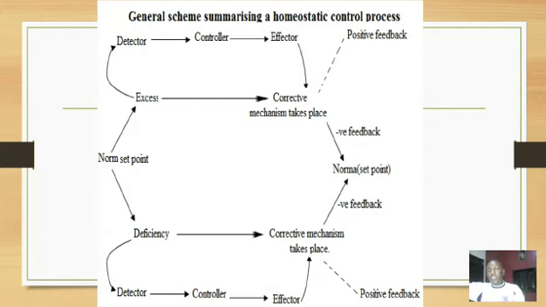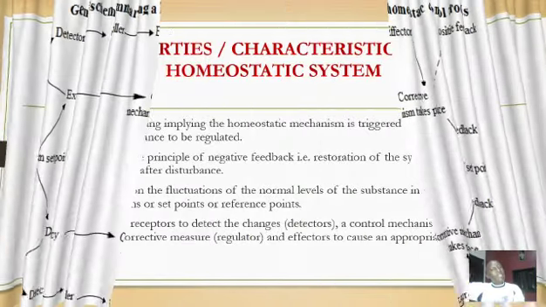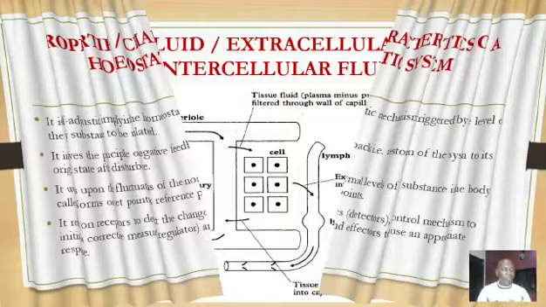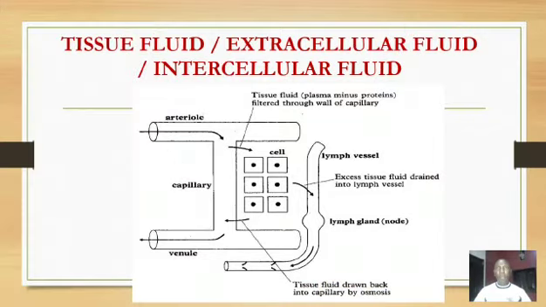Meaning, we cannot talk about how it works without talking about the components of the homeostatic system. And these components relate with each other, just like we have seen and summarized in the properties or characteristics of a homeostatic system. But remember, what should be kept constant? Blood and tissue fluid concentration. This now brings us to tissue